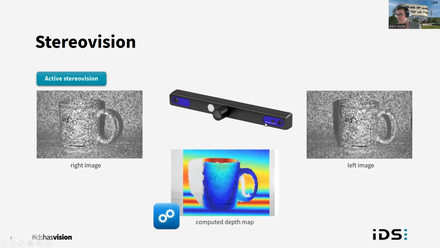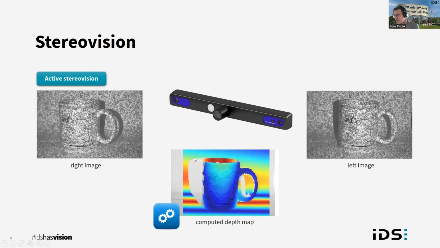So the computed depth map is much more dense, with fewer holes. Yet you still can see that some information is missing. Why is that? Because from the right and left point of view, you don't see exactly the same scene. You have some shadow areas that are not located in the same place for the left and the right point of view. So these computed depth maps that you can see on my slide, I have made myself.